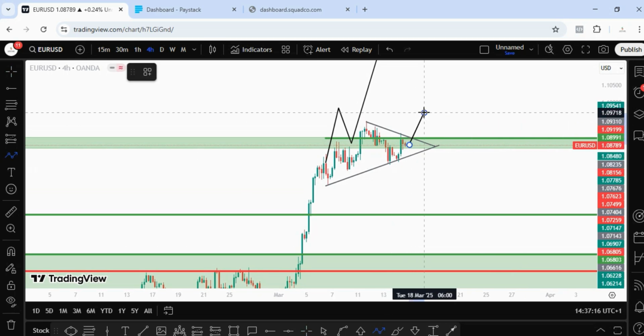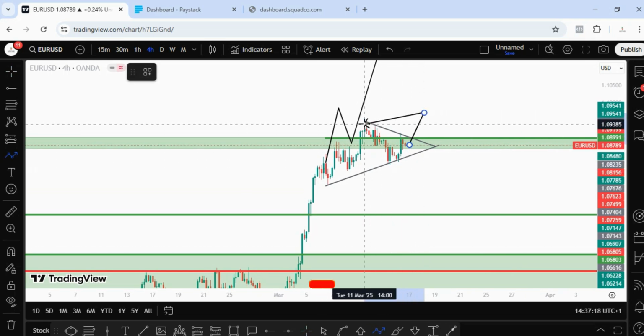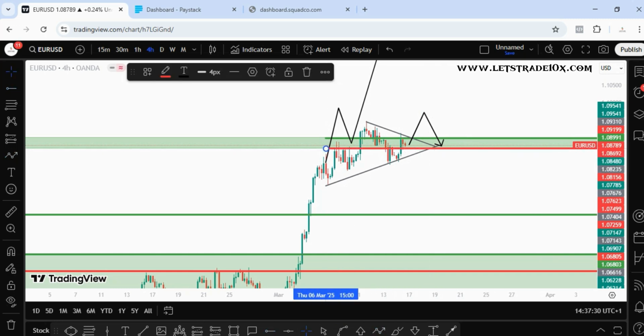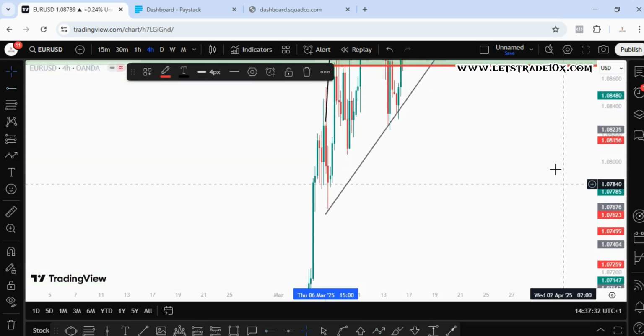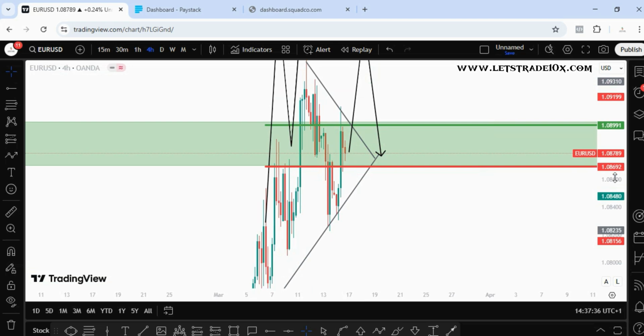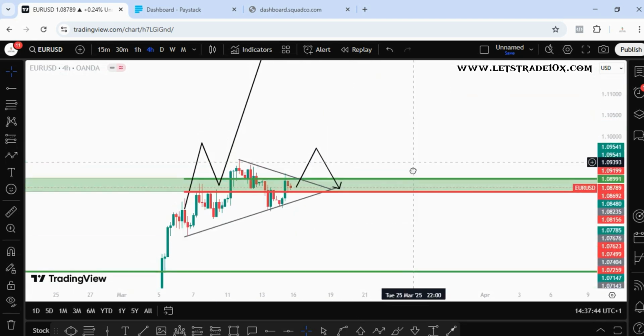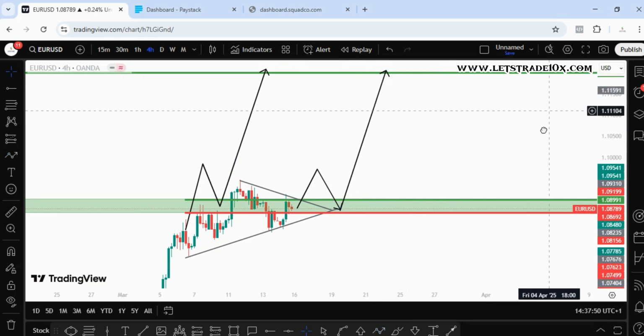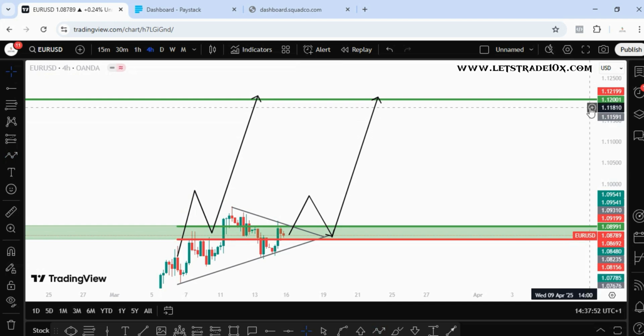You see that price goes on, breaks above this area here, creating a new higher high here, which is higher than this swing point here. Then we can now confidently catch it on the pullback. Stop loss below, let me even put a line there. Stop loss below 1.08692, before price eventually takes off. That's if price is committed to going bullish, before price eventually takes off to our bullish target, which is